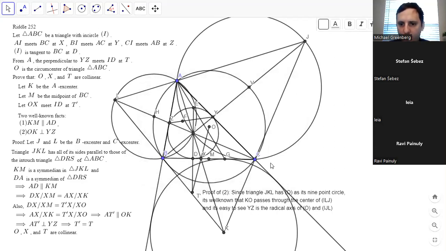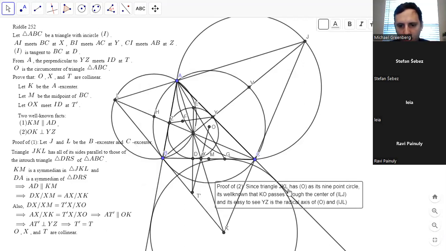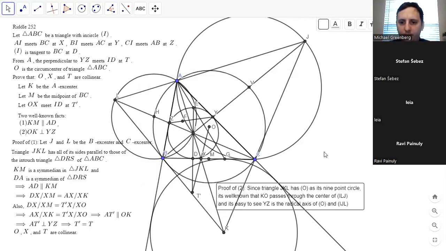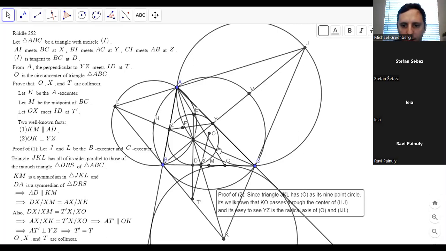I'll just leave this right here because I'm running out of room. Triangle JKL, this is the nine-point circle because these are the three feet of the altitudes. So you have a triangle and the nine-point center, and it's well known that KO, the line from a vertex to the nine-point center,